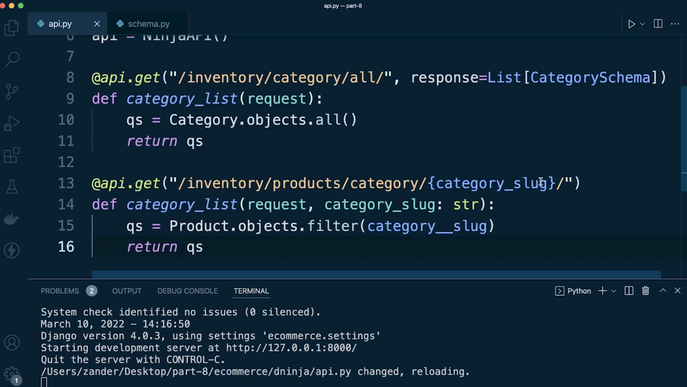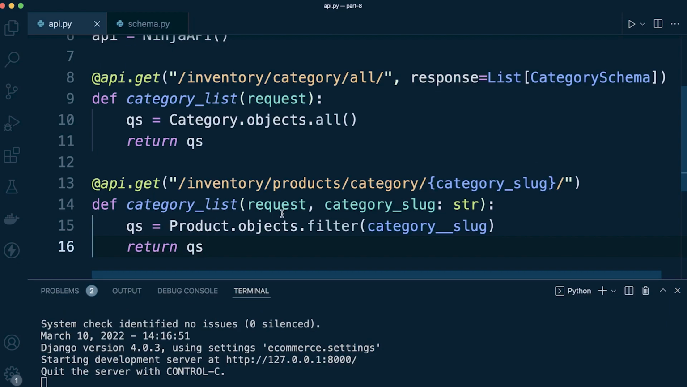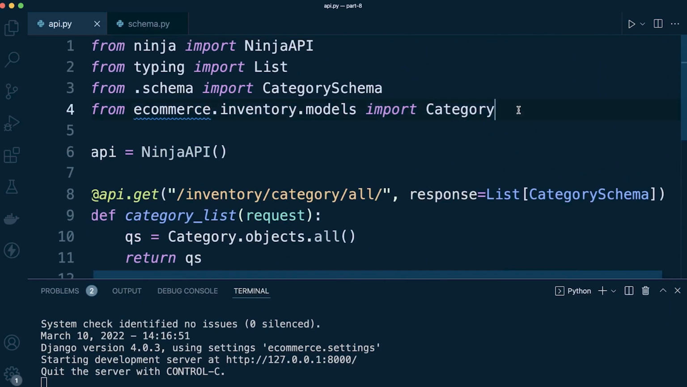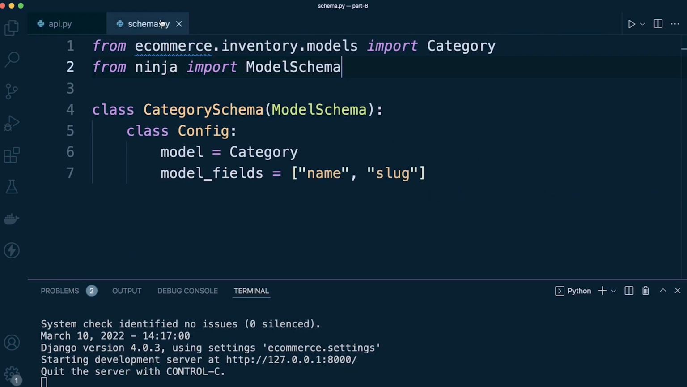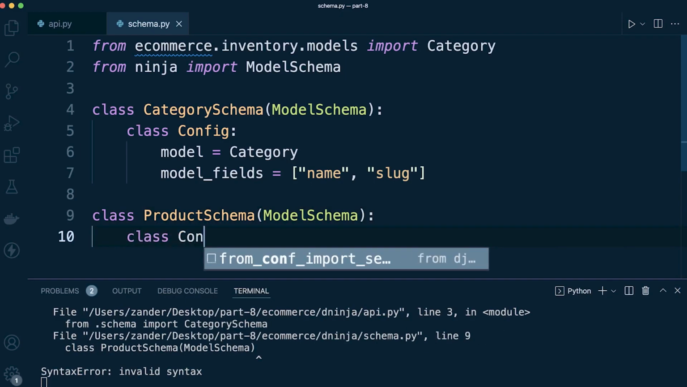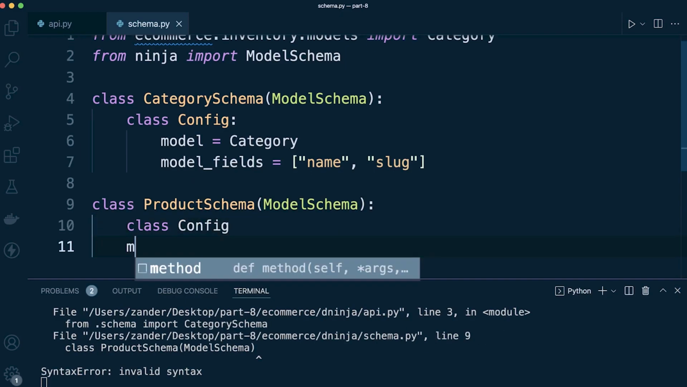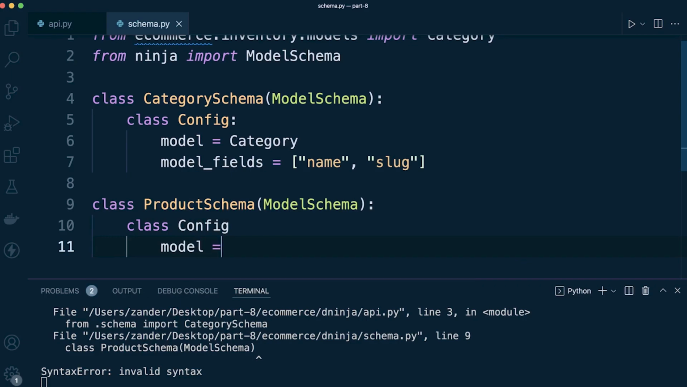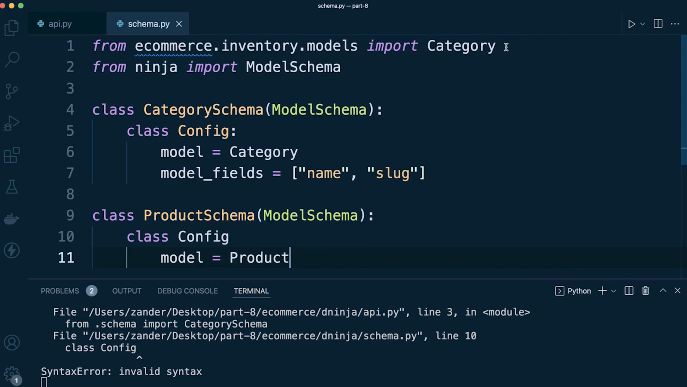So what we obviously need to do now is bring in the product table. That's pretty much done. So let's go ahead and bring in the product table. And then we need to go back to our schema and make a new schema for this. So we're going to call that the product schema. Take in the model schema again. And this time we'll say class config, and then we'll say model equals product. So we're going to need to bring in that product